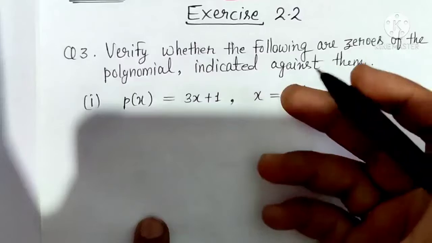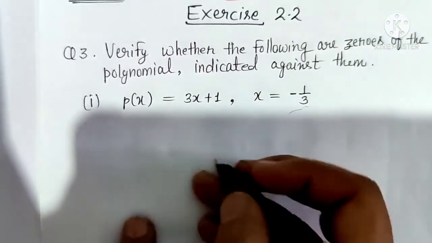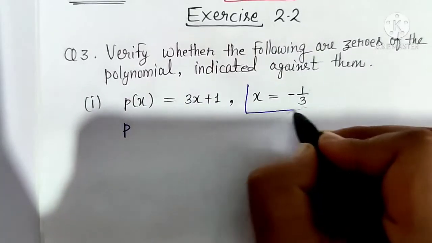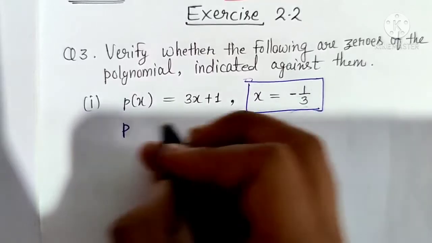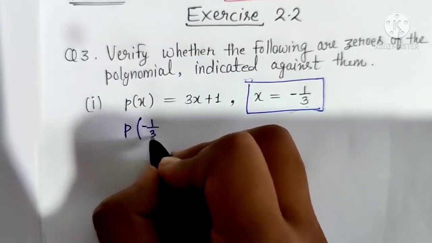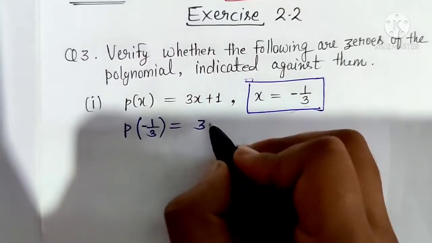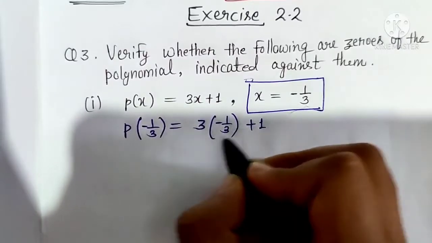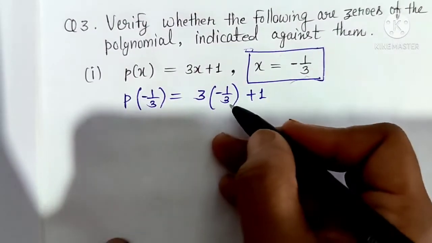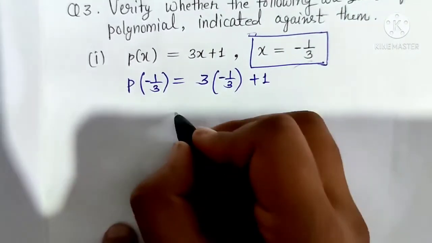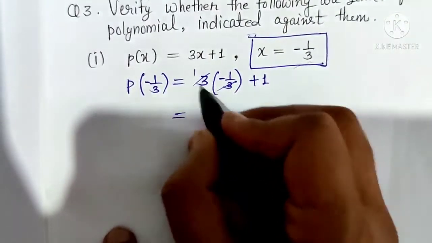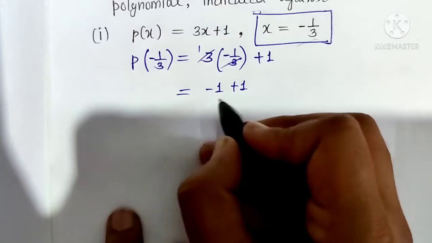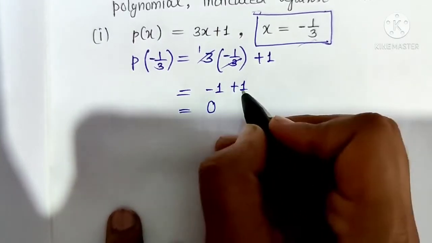So verify, we have to verify, so you have to put this value here. In place of x, we will write this indicated value which is already given in the question, that x equals minus 1 upon 3. So p(minus 1 upon 3) equals 3 multiplied by x, it means x is what? Minus 1 upon 3, so multiply minus 1 upon 3, plus 1. See, I am saying multiply, but I am putting a bracket, but it means the same thing. When we open the bracket, it will multiply only. So 3 will cancel 3, and what is left? 1 into minus 1, what will come? Minus 1 only, plus 1. So minus 1 plus 1, what will happen? It will come 0 only, because 1 minus 1 is 0 only.